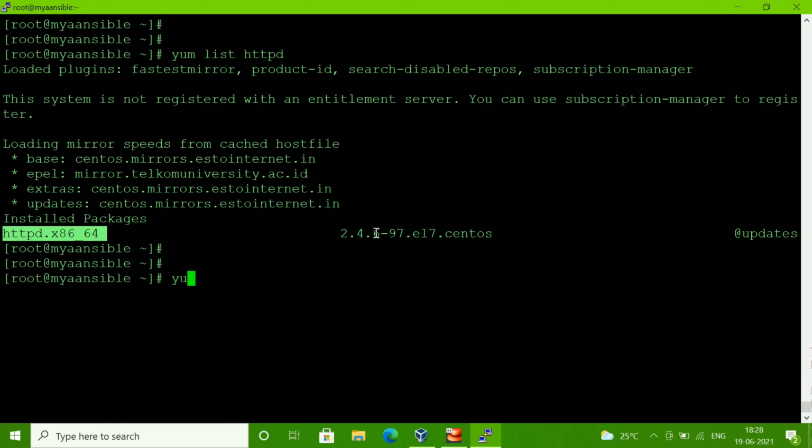So yum search, and you have to remember a few words of the package name. Then use yum search and httpd. This is a package name I'm just giving. In your case, use your own package name. Okay.